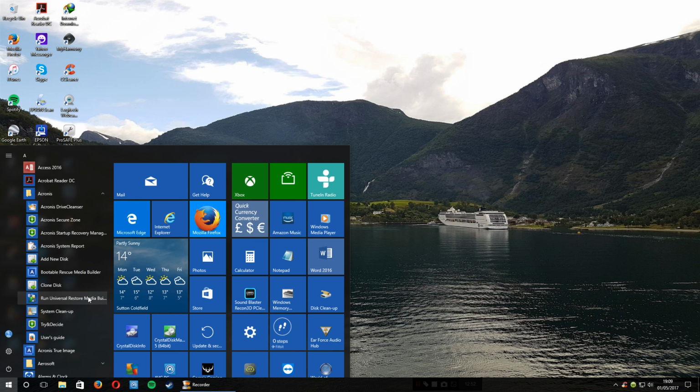Okay, so now I'll carry on with the other applications. The system cleanup one, I will cover that one in a minute because that one's on the desktop. The try and decide one, that is where you can try things out with Acronis before actually doing a main restore or a main backup or something like that. And then finally you've got the user guide, which is an online user guide. Okay, so I'll go back to the desktop now